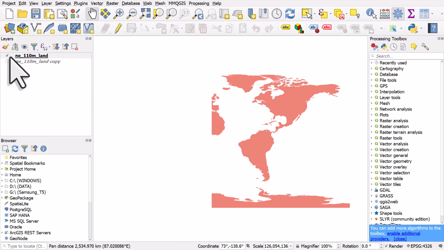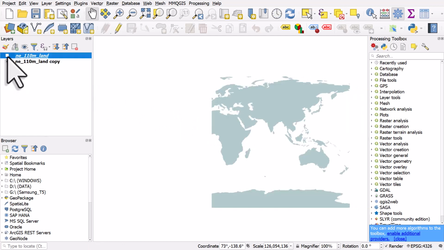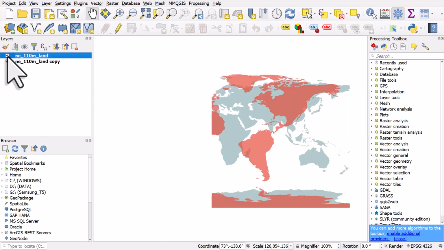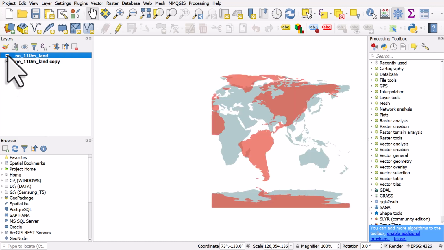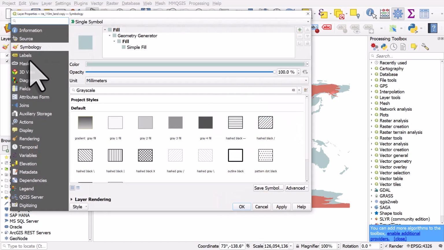Okay, if I turn the other one on, we could see they're both in the eastern hemisphere now. So this one looks like it should. This one is flipped. So the one that looks like it should, if I double click it, and the geometry generator there,